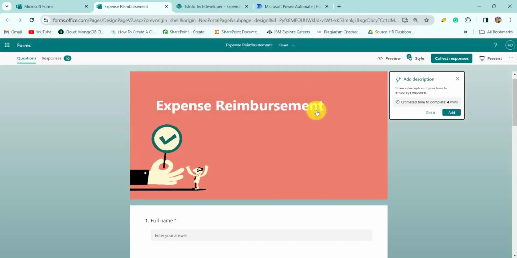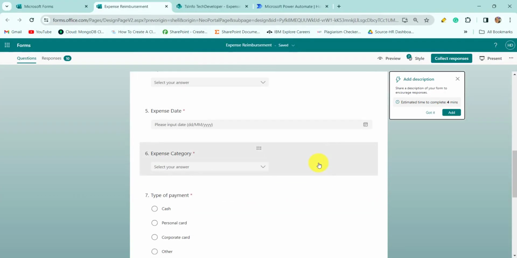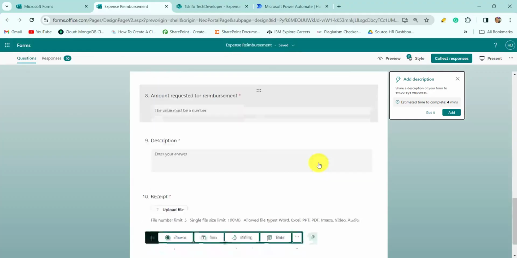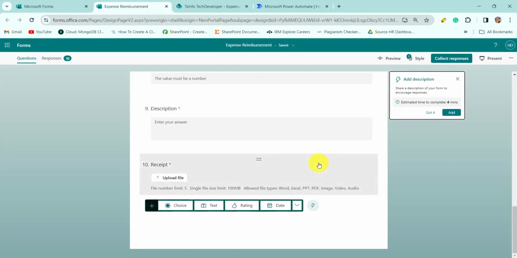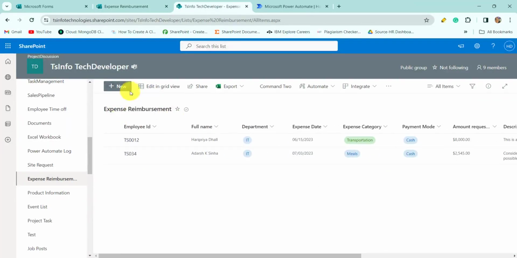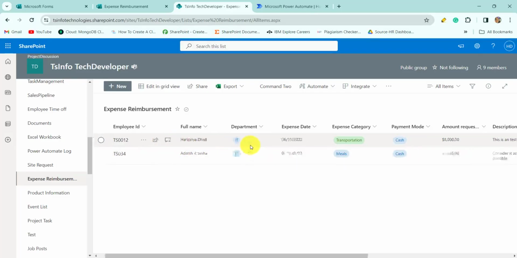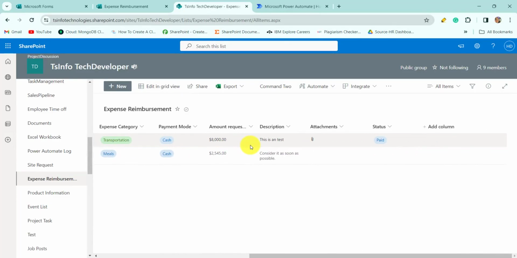So this is the expense reimbursement Microsoft form where the user will add the information related to the expenses, and then when the user submits this form, it will create the item in the expense reimbursement SharePoint list. So this list contains employee ID, full name, department, expense date, expense category, payment method, amount requested, description, attachment, and